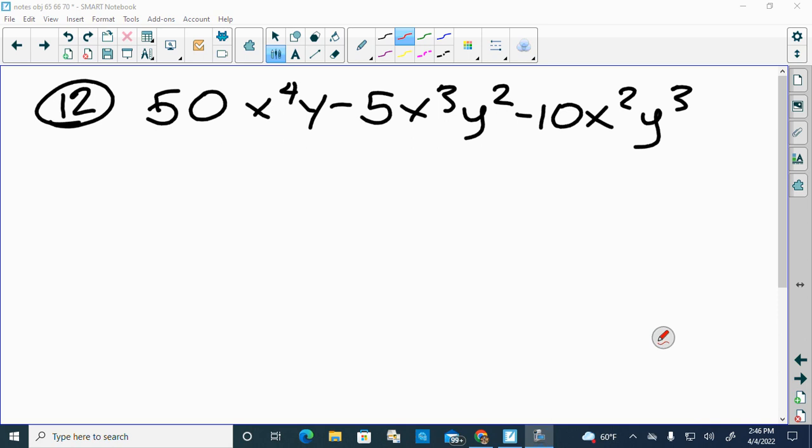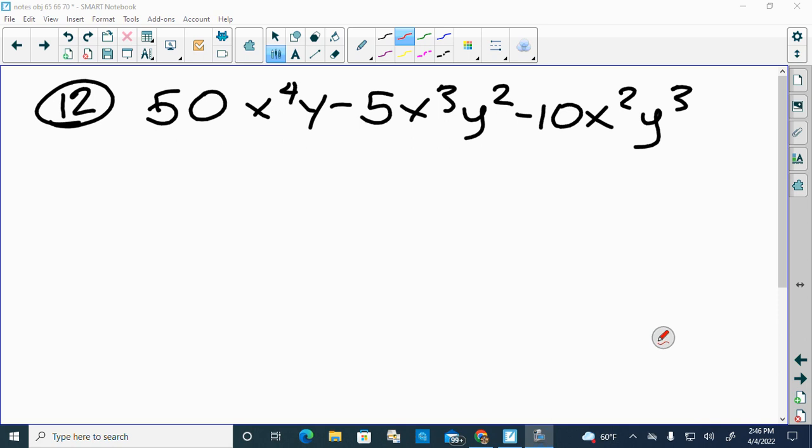Okay, so we are still taking out the greatest common factor. We can actually factor this one, and on the charts that I gave you, this is the one that's going to have a coefficient with the first. We just didn't have a sample of that one on the previous one. Okay, so on number 12,